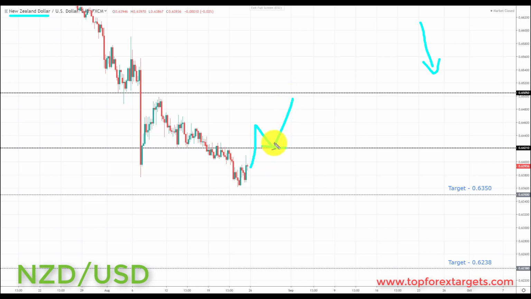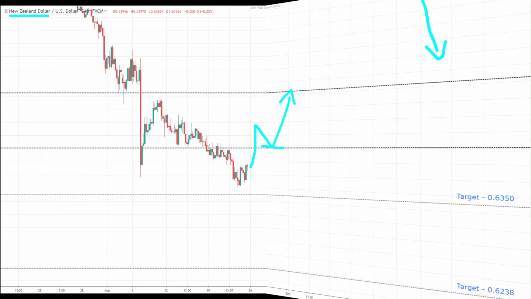And we can at that point look to initiate longs up towards the next key area of resistance to the upside, and the target set at the 0.6505. So you can either do two things. You can either filter this out next week if you so wish, or wait for that break above resistance to see if it comes, because if we get a weaker dollar, we could see this resistance area fail, and then you could look for this potential reversal setup going into next week in the New Zealand dollar.